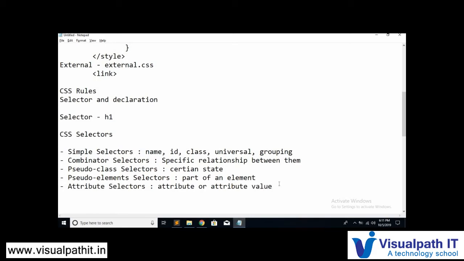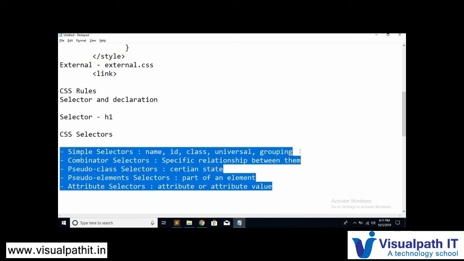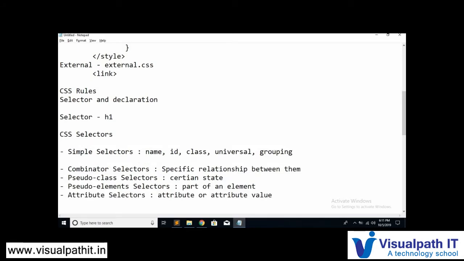Okay, so let's see some examples as well as the explanation for this. When I go for the first, that's a simple selector, it is divided into 5 parts, right? The first one is the name selector. Now what is this name? When I talk about this name, it basically means the tag name. In the examples which I have shown you prior, we just made use of the tag name like body or div or p or let's take h1, right? Those are the names of the tags. So that is the name selector.